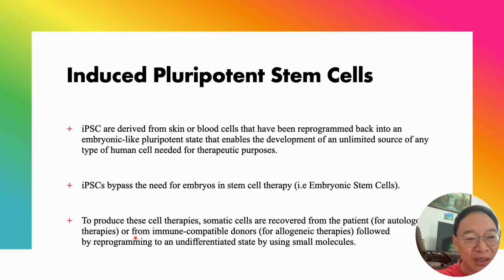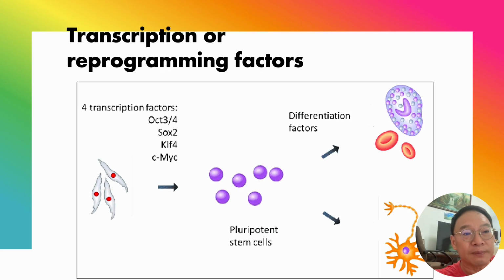To produce cell therapy, somatic cells are recovered from the patient, from your blood, for instance, or your skin. Just for autologous therapy, it means using your own cells, or from immune-compatible donors as allogenic therapy. So obviously preferable is using your own autologous cells, followed by reprogramming to an undifferentiated state using small molecules. And there are 4 small molecules that were initially used. These are called transcription factors. So Yamanaka used these 4 transcription factors: